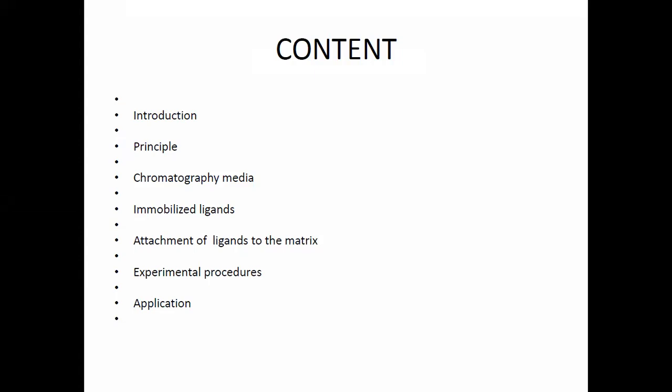Say for example, antigen antibody reactions. We are very well aware of how the antigen and antibody react, just like a lock and key model. Again, in the case of ligand and receptor interactions, just like the lock and key model. The same type of substances interact here in affinity chromatography, in the form of lock and key type or ligand with the receptor site, according to their affinity and interactions.